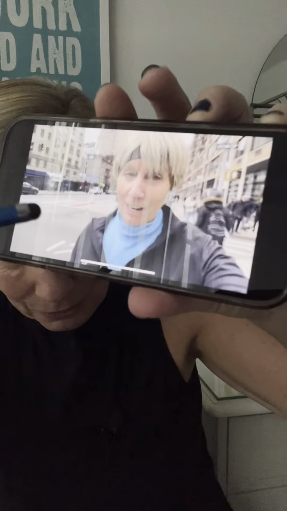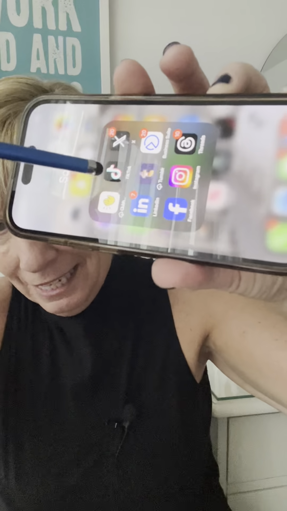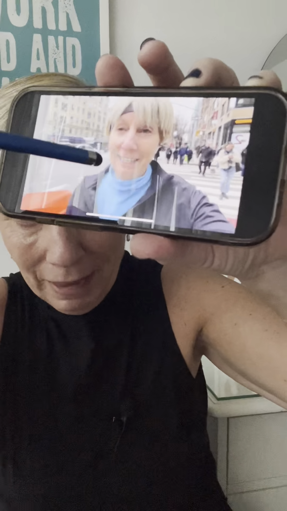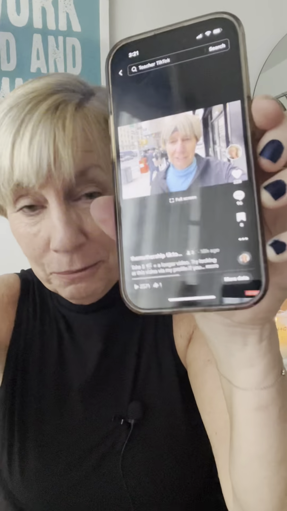And when you tap it, it's going to take you into landscape mode, and you can watch the video like this. The issue is that if you try and scroll, it takes you out of the app. So you need to go back by hitting the back button, and that'll take you back so you can continue to scroll. It also doesn't seem to be available to all viewers yet, because I had some people come